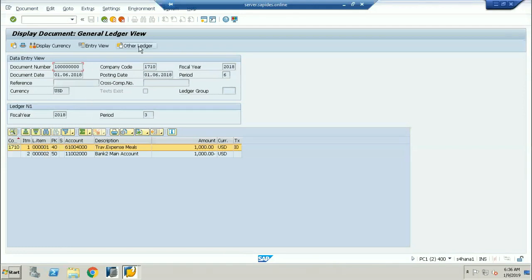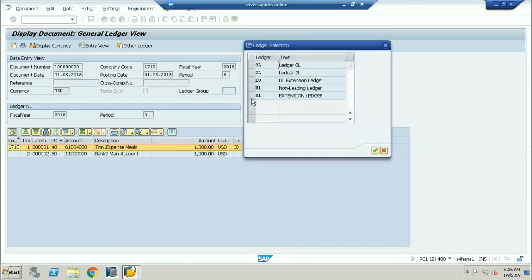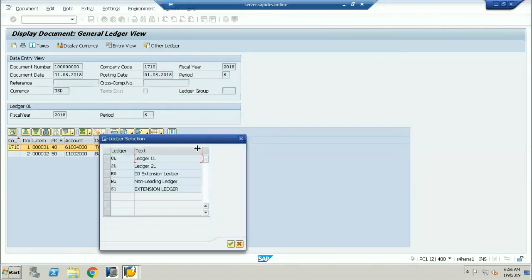And if I want to go for the extension ledger, as I told you, extension ledgers are automatically getting posted, inheriting the document from the base ledger. What is the base ledger? 0L. Now I'm pressing N1. This is the extension ledger. Now I can see the documents are getting posted to the extension ledger. Why? Because the extension ledger documents are going to be displayed differently. I told you that. So this is the observation about the process. Now when I see these many ledgers are there,